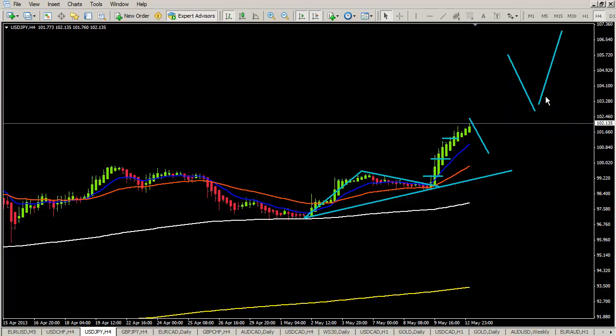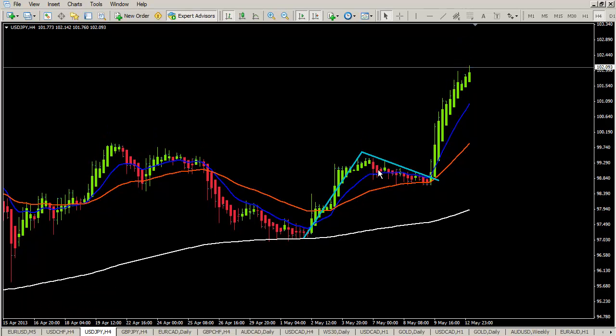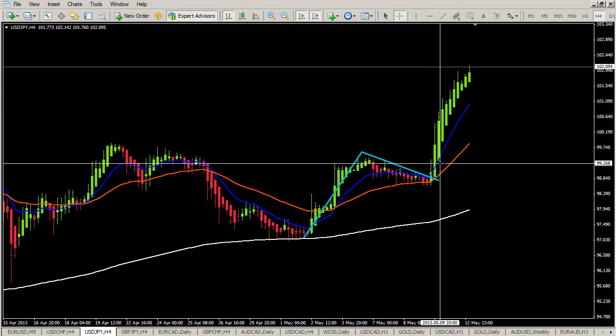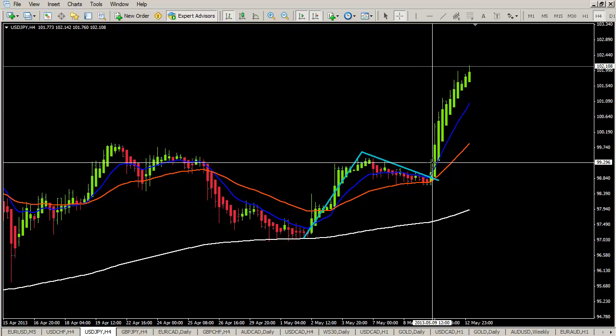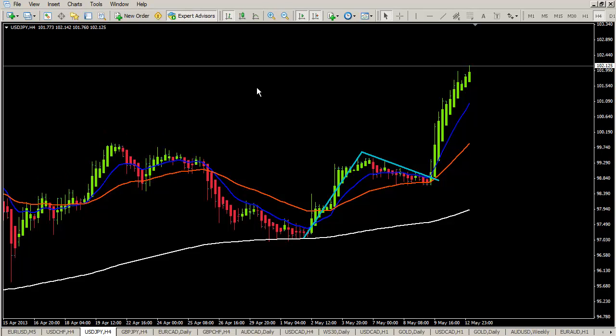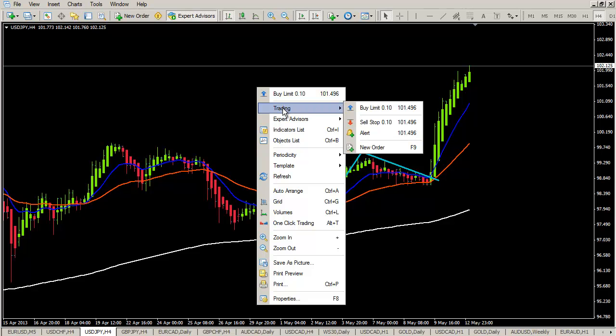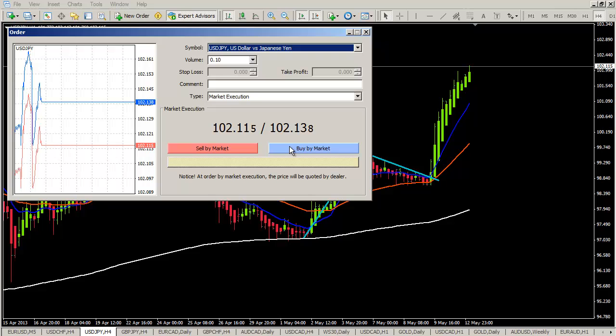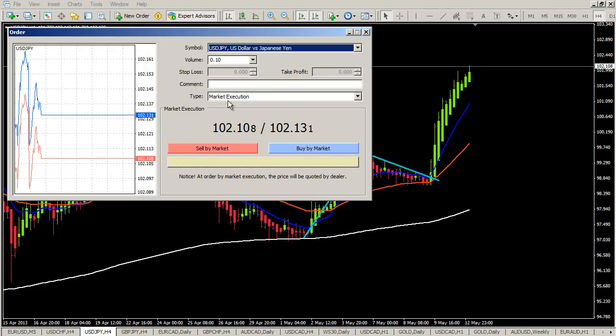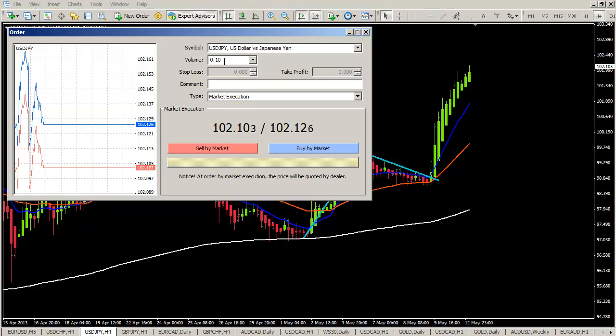Now let me do it manually. Right now the price is moving up, so you just imagine right now the price would be right down here and you are placing a trade. So how do you do that? Right click in the middle of the chart, click on trading, new order, make sure you have the market execution on here, and then instead of 0.30, that would be 3 mini lots, you enter on volume, of course,